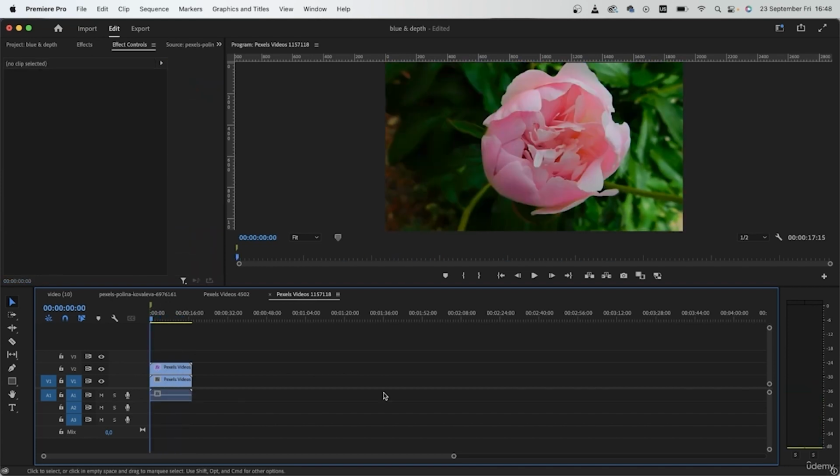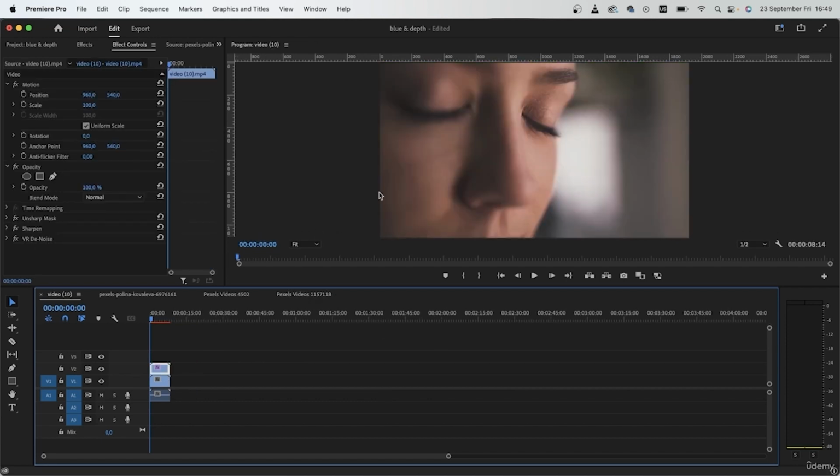So creating depth and fixing blurry videos is not that hard in Premiere Pro, as long as the video does have the possibility of it being fixed. So like we said, if your video is just way too blurry, like this side of the model, then saving it and making it sharper is unlikely. You want to work with videos that have a tiny bit of blurring, meaning that the details are there and we just want to make them pop